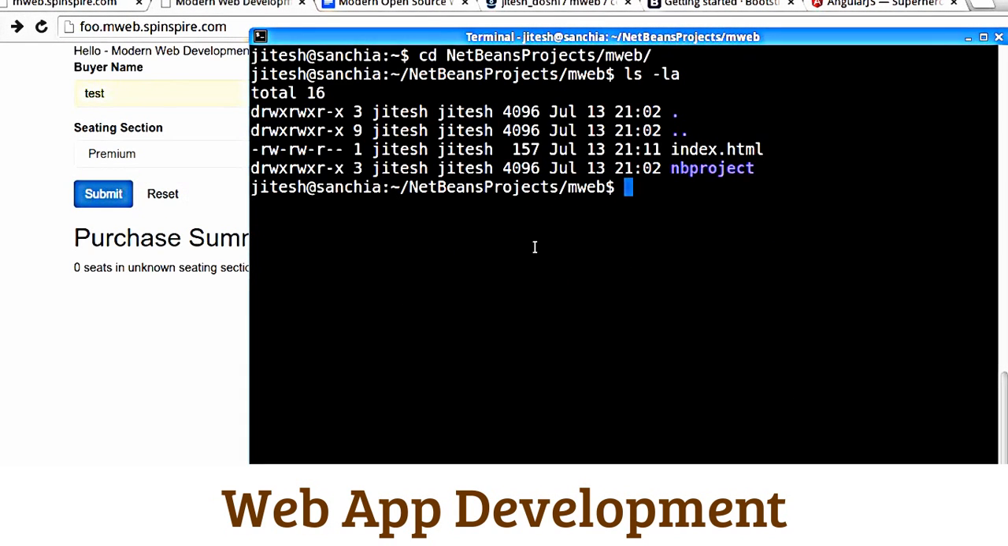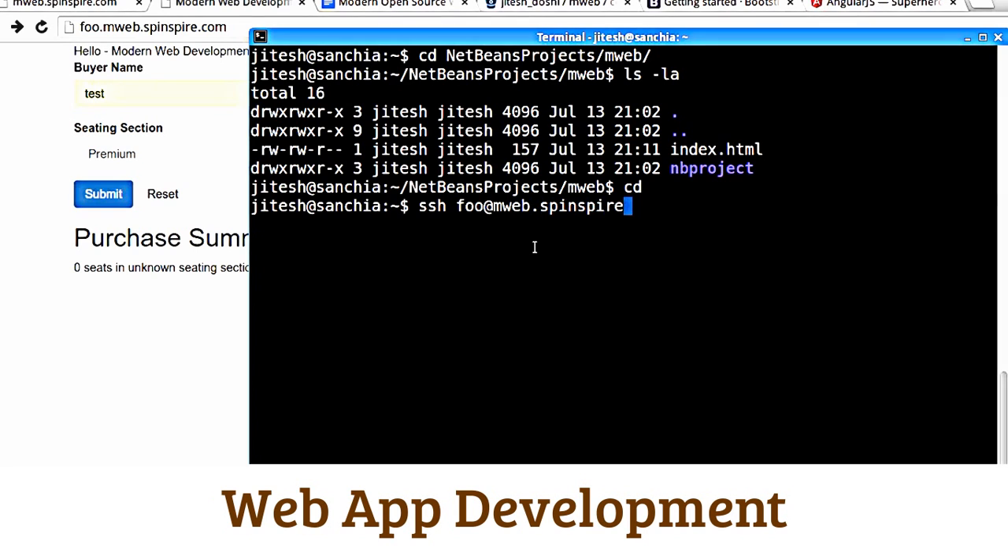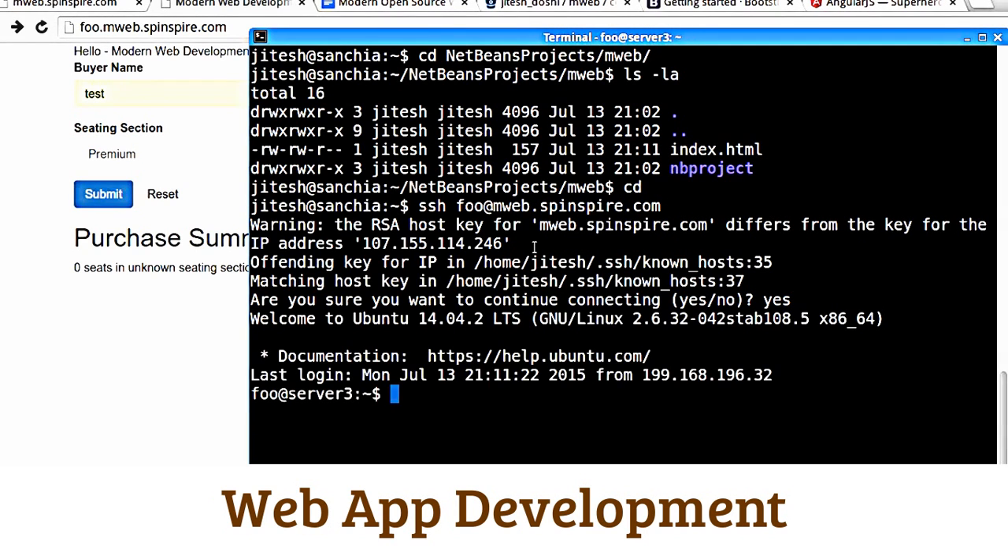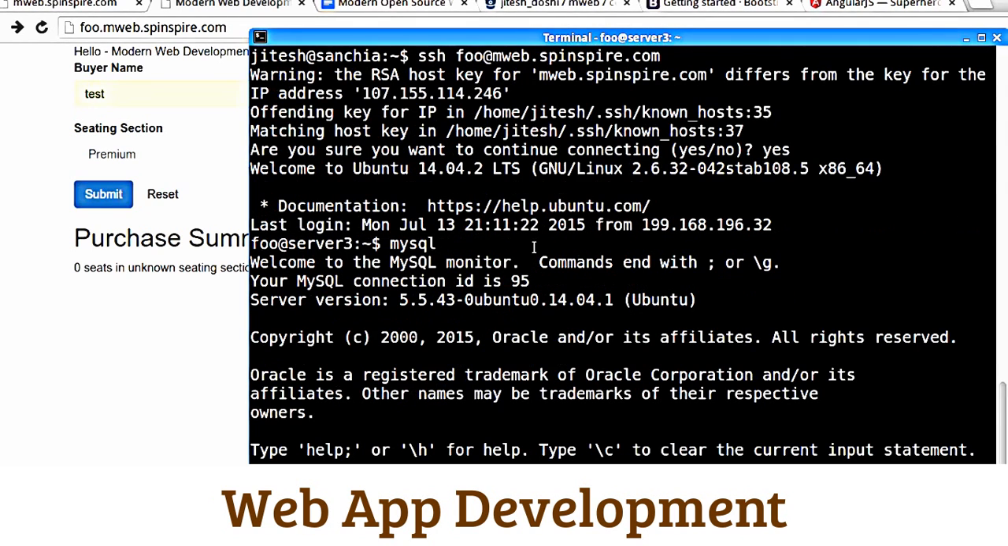MySQL on the server. So let's go to the server, ssh foo at mweb.spinspire.com, and we are connecting to it. Okay, so that's good, we are connected. And on the server we can simply run MySQL. That's it. And when we run MySQL, we get logged in, and we say show databases, and that will show